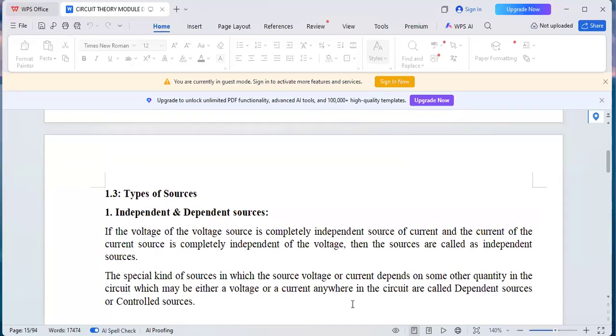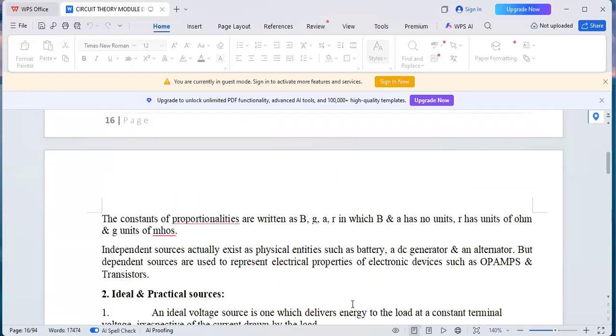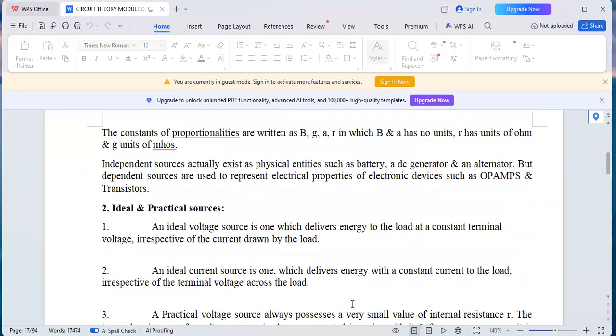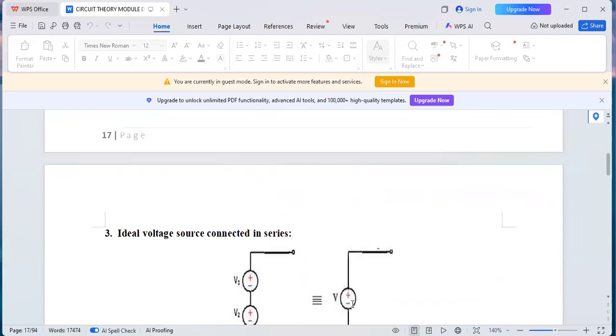We talked about types of sources, if I remember, independent and dependent sources. Ideal and practical sources. Then we talked about the ideal voltage source, meaning